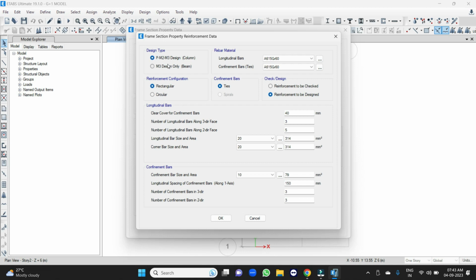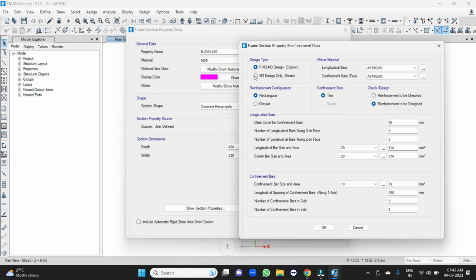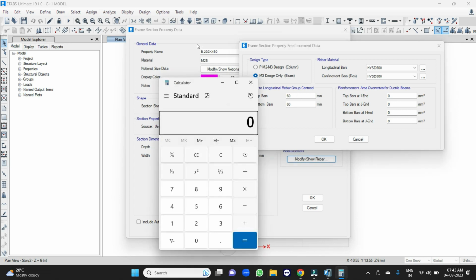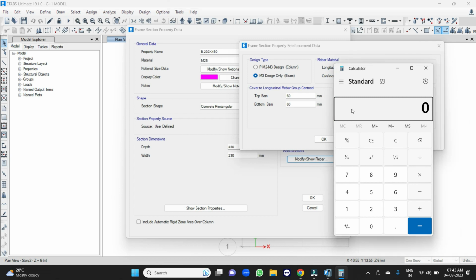Reinforcement, modify here. Design type: I am designing the beam, so I am selecting the beam here. The longitudinal bar grade of steel is HYSD 500 and the confinement bars are the same HYSD 500, which means this is a longitudinal bar and this is the shear bar. This is the cover to longitudinal rebar group centroid, which means from the base of the beam to the center of the bar we have to calculate. Say your beam cover is 30 mm plus your ring size is 8 mm, and then the